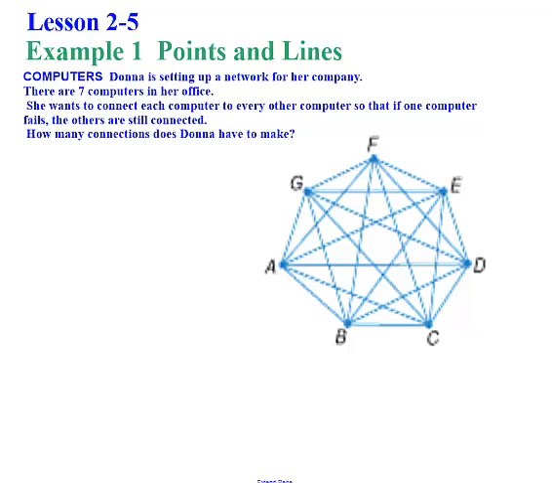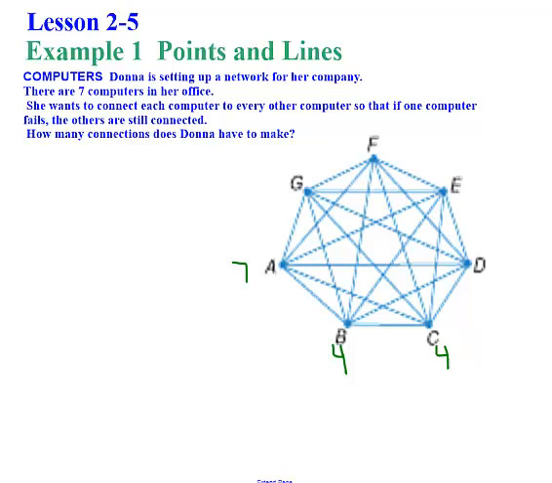An easier way to look at this, if you start at point A and you go all the way around the outside of the figure connecting AB, BC, CD, DE, EF, FG, and GA, you have made 7 connections. If we move on to the next point B and connect in the inside and connect BG, BF, BE, and BD, we have made 4 connections. If we move on to point C and make line segments CA, CG, CF, and CE, we have made 4